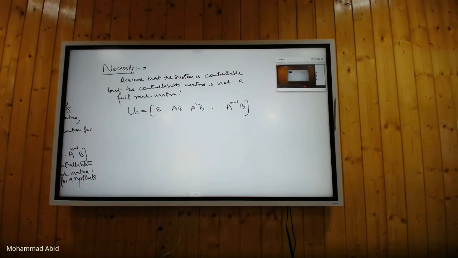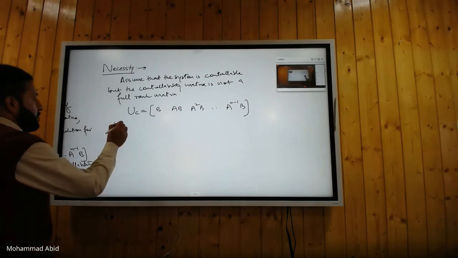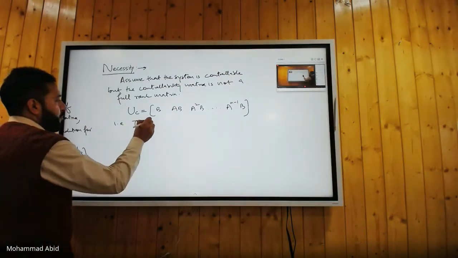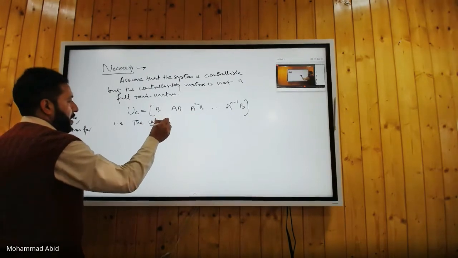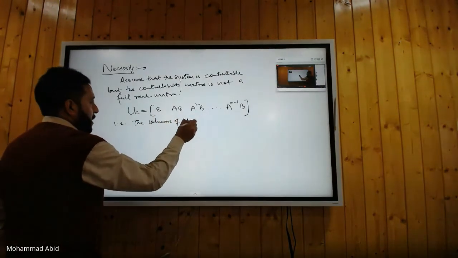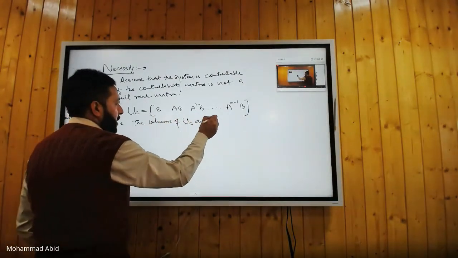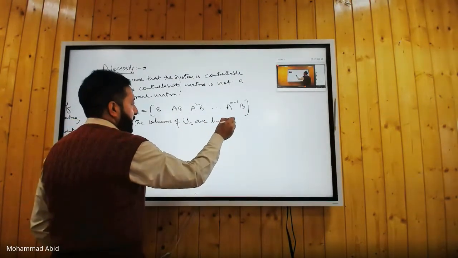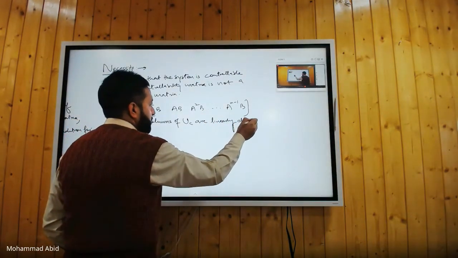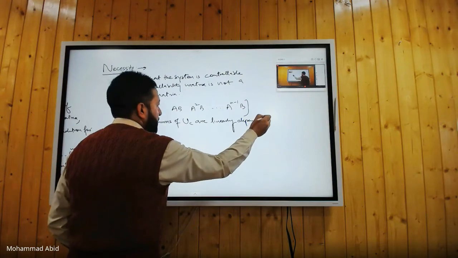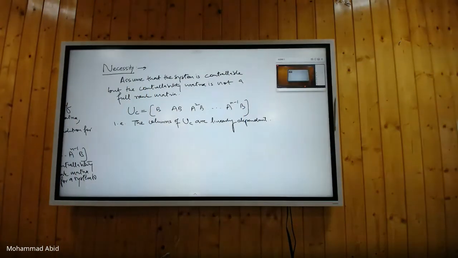That means the columns of UC are linearly dependent, isn't it? That actually means that if you take the linear combination of its columns and put it equal to 0, you will get a non-zero solution for the constants. That implies actually